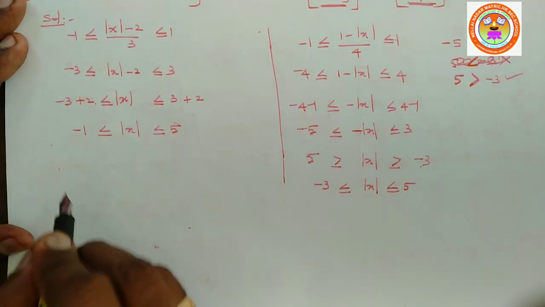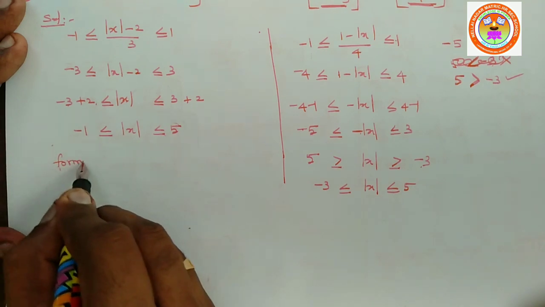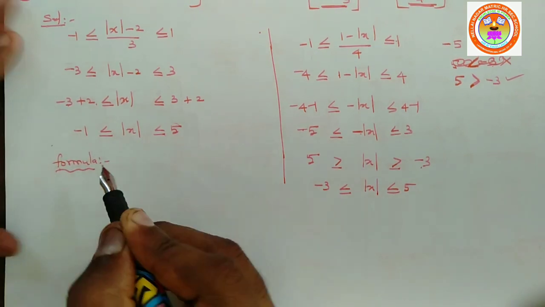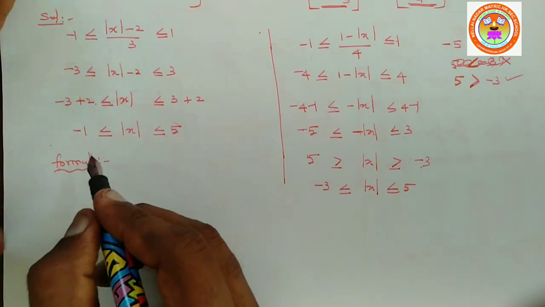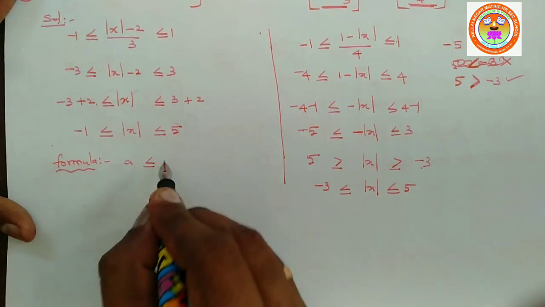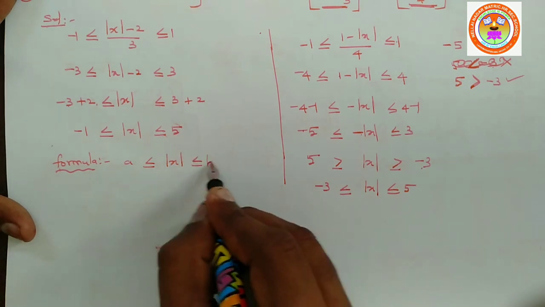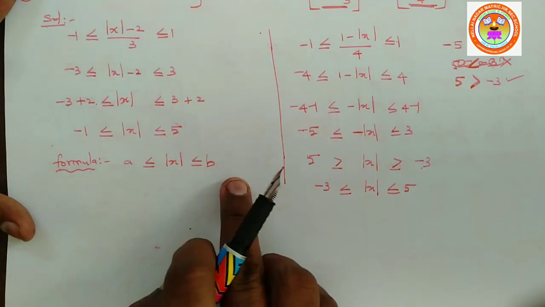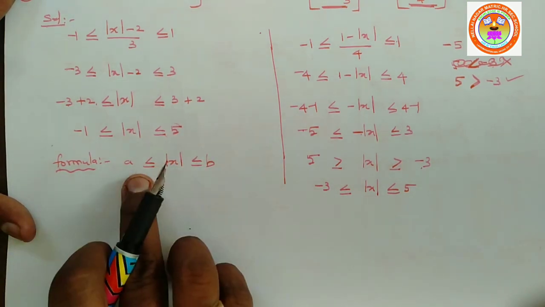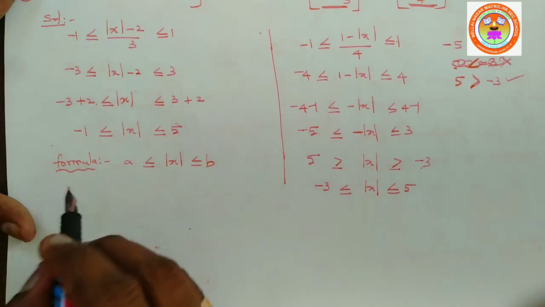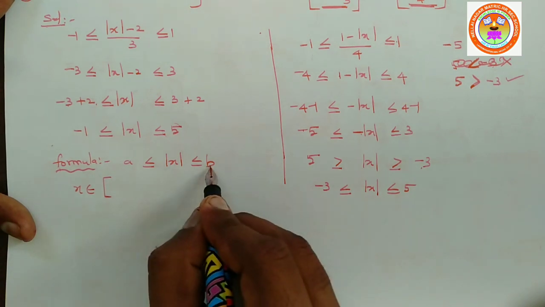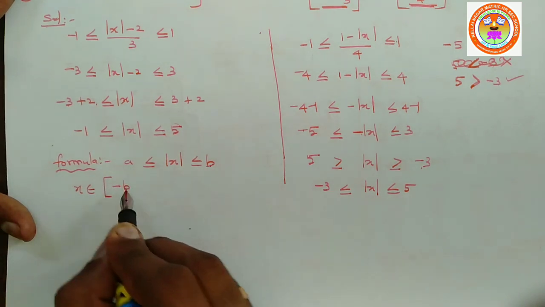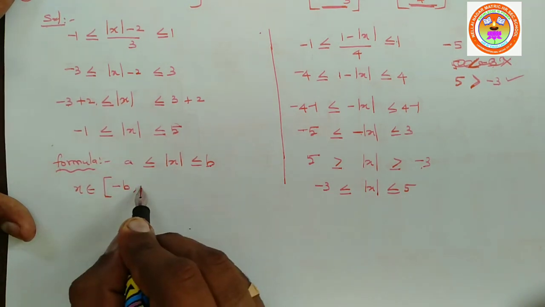So one formula we need to write. What is the formula? This formula is a must. You need to know this formula. Without this formula, we can't do the sum. This is nothing but a is less than or equal to modulus of x less than or equal to b. This is given in our example sum in the first exercise. A is less than or equal to x less than or equal to b. We need to write x belongs to, change this sign plus b, change this sign minus b, comma minus a,